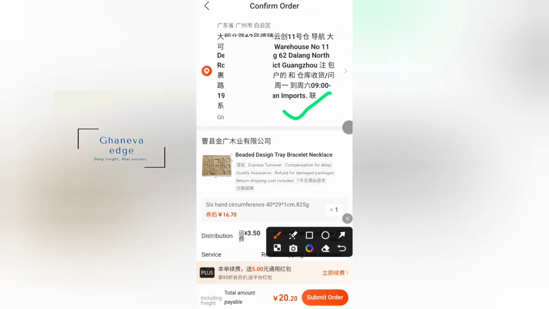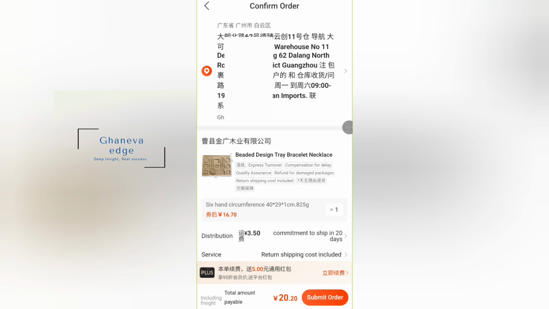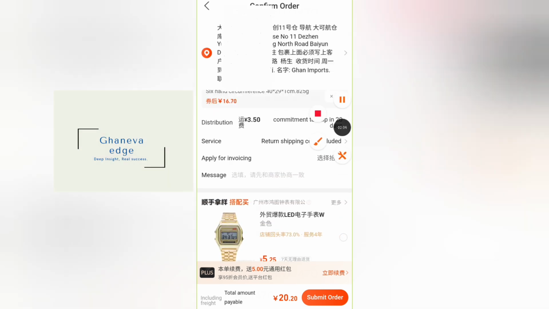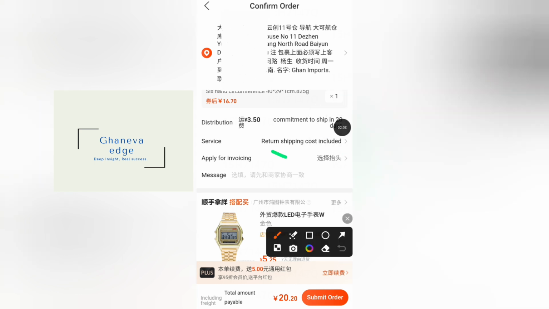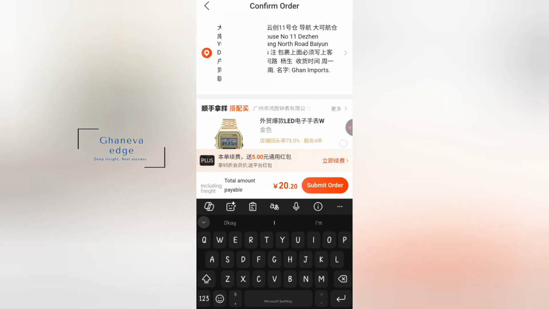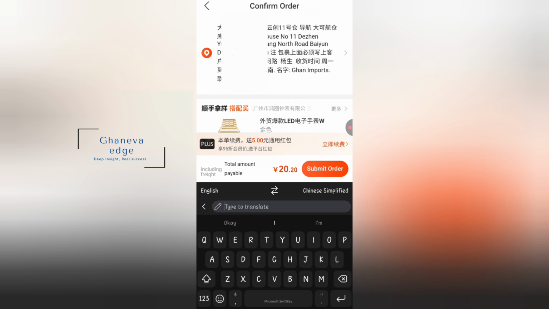But before we buy it, we will add some notes so that the supplier would do as we recommended them to do for us. So we will tell them to write our shipping mark. Our shipping mark is our identity. So shipping mark is your name, your contact, and sometimes where you are buying the things from. So we will add something like